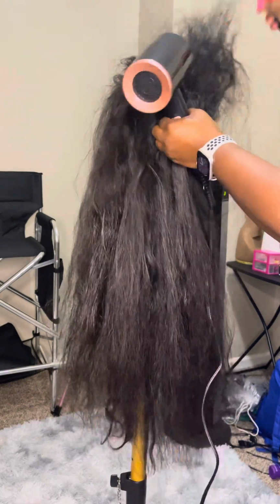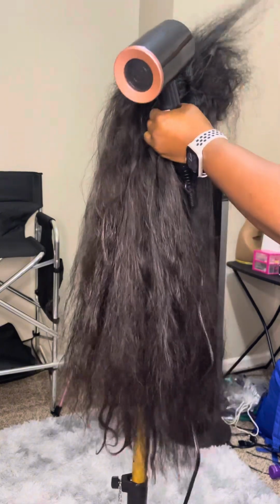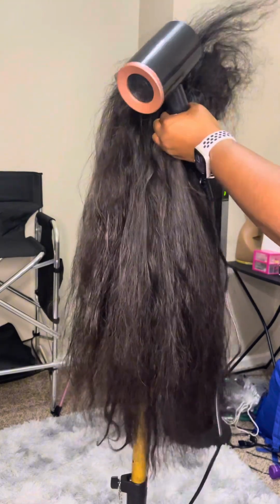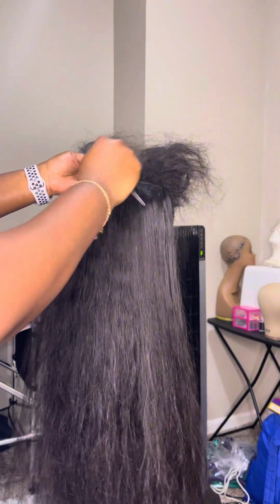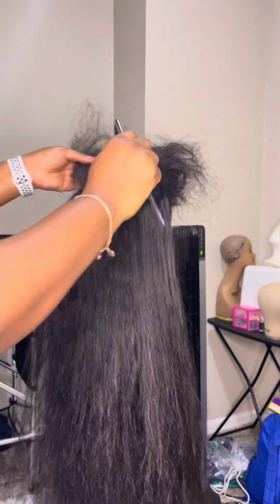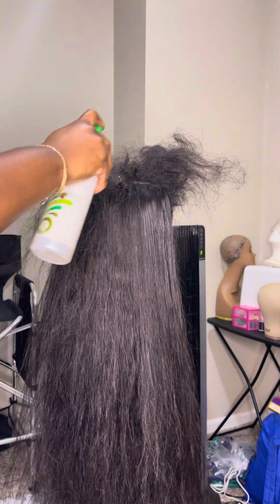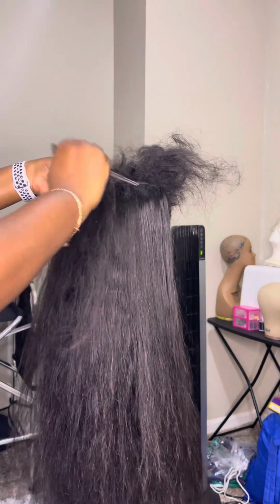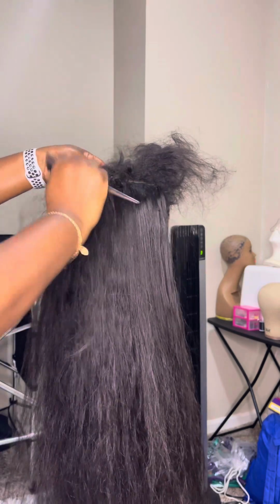I started to notice this hair had issues the minute I started to wash it. I just felt that the texture was kind of frizzy, but I thought to myself, no, it looks like good hair, so it shouldn't be that bad. But after I put it in the microwave and brought it out, I saw that everything was shrunken. So there was nothing I could do at that point. I just had to wait for it to dry, and then I started to figure out what to do,